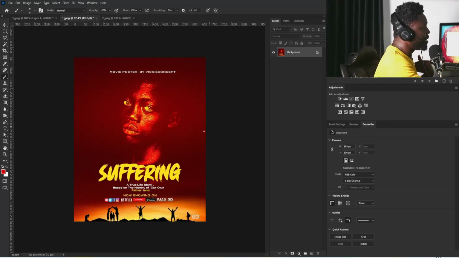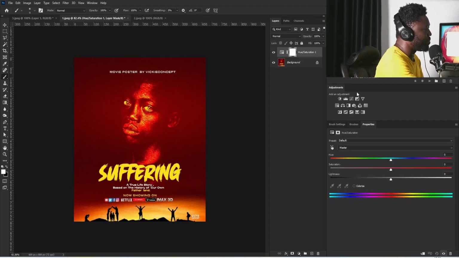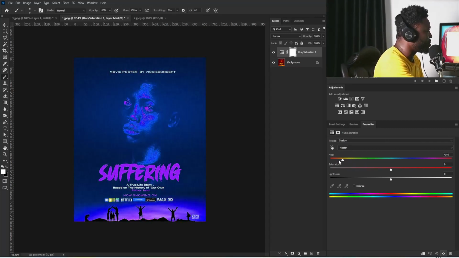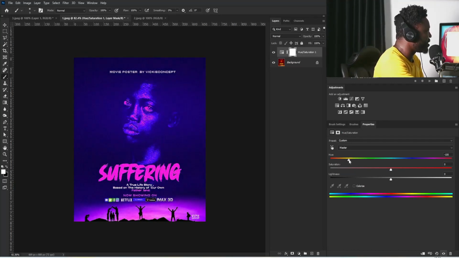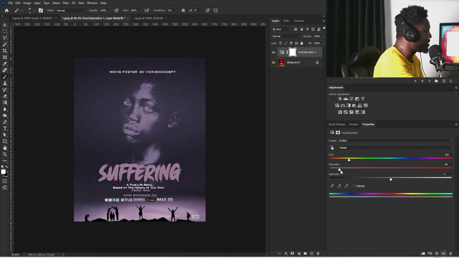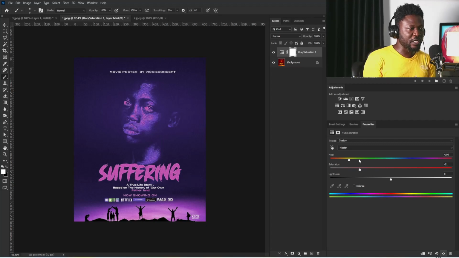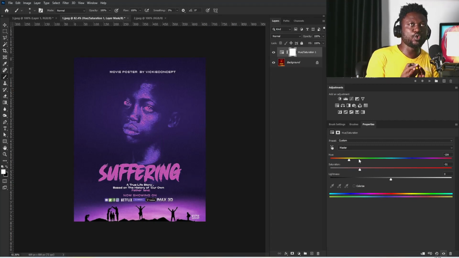So if I want to change the color on this project, this is what I'll do. I'm going to use hue saturation here now, and I'm going to move down to, let's say, blue, like so. All right, I can just pick this type of shade of blue. Oh no, this is too much because it's affecting the eye. All right, I can use this and then move this down a bit. I can even make it gray, or not too gray, just make the blue look faded, because most times when you dull the color of your movie poster, you are trying to show what I call